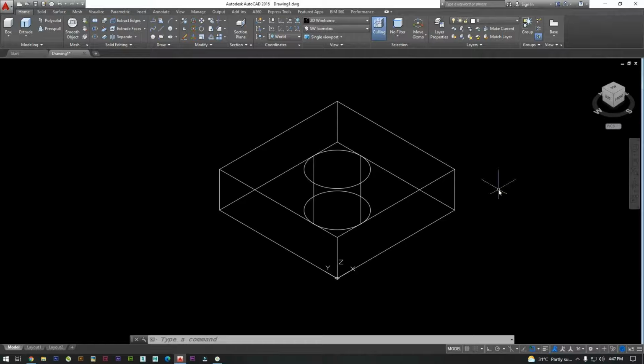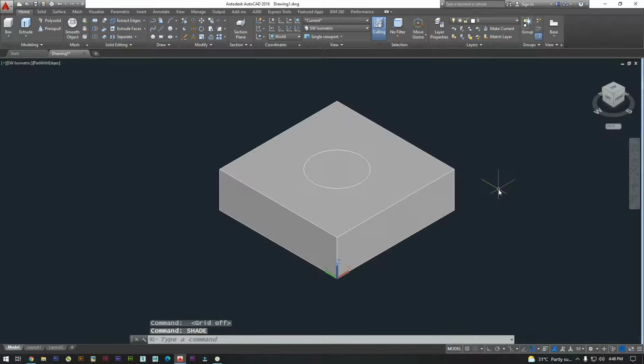shade. Now here we have a box and we have a cylinder, but we don't have a hole over there. How to make it? Is it possible to trim?